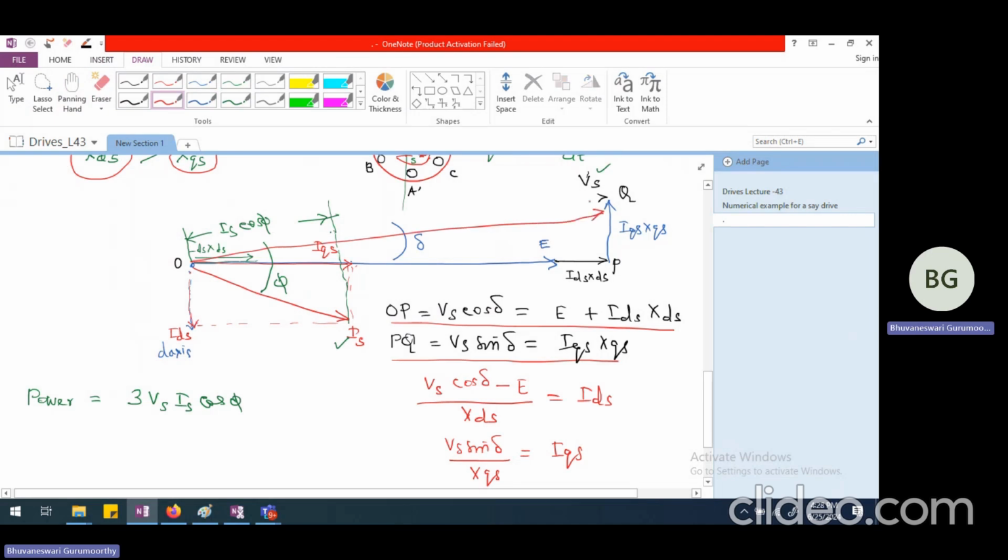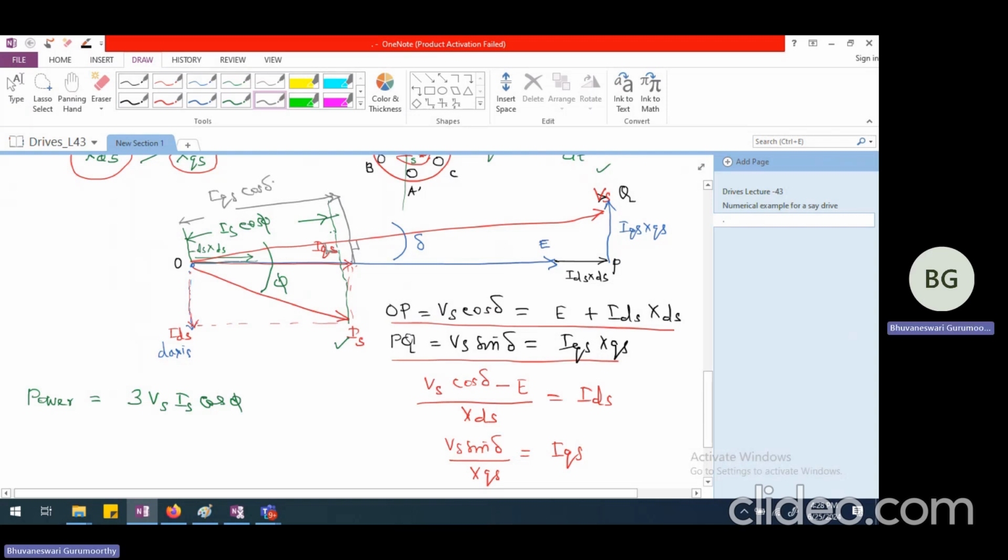So this is Vs. So if I try to drop a perpendicular from IQS to this, this is the perpendicular that I'm dropping. We already dropped the perpendicular from Is to Vs. So this particular length, from here to here, this entire thing is actually Is and this is IQS